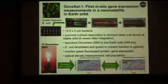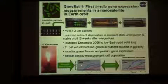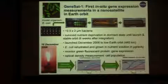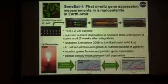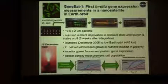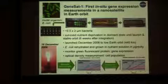The blue curves versus red are two different strains of E. coli, so obviously the blue ones grow faster, and that's true, same on the ground and in space. If we look at the region of the growth curves for these, where they're growing exponentially, and put this on a semi-log plot and get a double